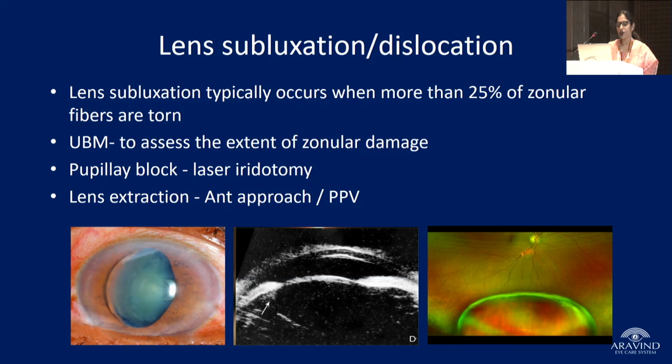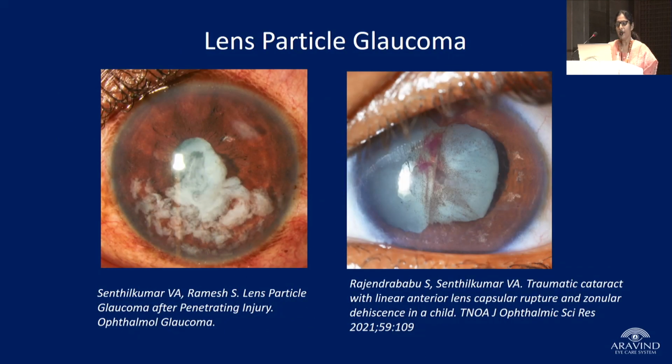Lens subluxation or dislocation, I think, is the easiest one to treat because you know the culprit is the lens, so you tackle it accordingly. Like what you see in this picture, you see lens subluxation, and it is partly in the anterior chamber and partly in the posterior chamber. So here it is causing pupillary block. You have to treat it with LPI if there's very high pressure, and then go ahead and remove the cataract and treat them at the same sitting or later with a secondary intraocular lens. And if there is a dislocated lens in the vitreous cavity, one has to think of doing a pars plana vitrectomy with an SFI.